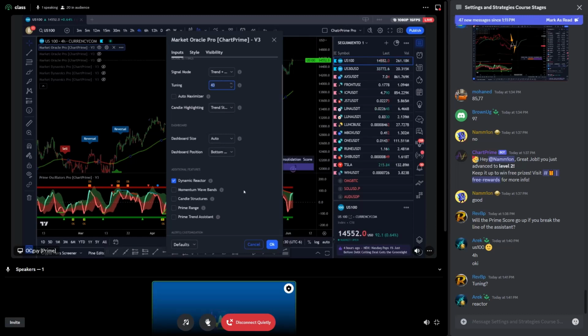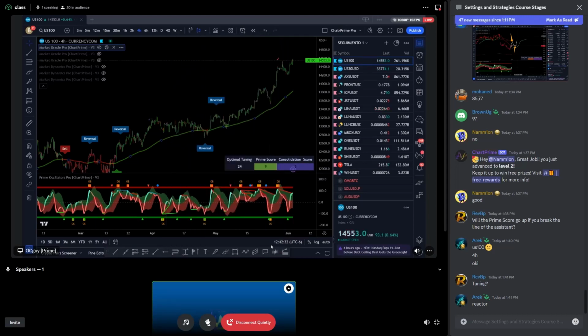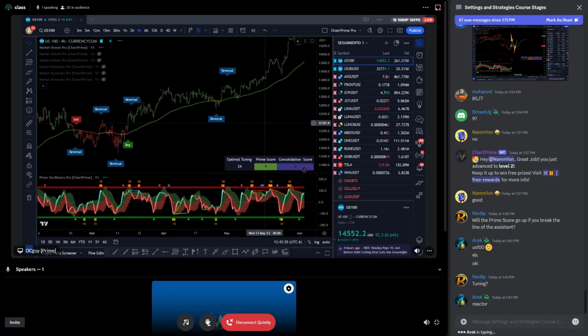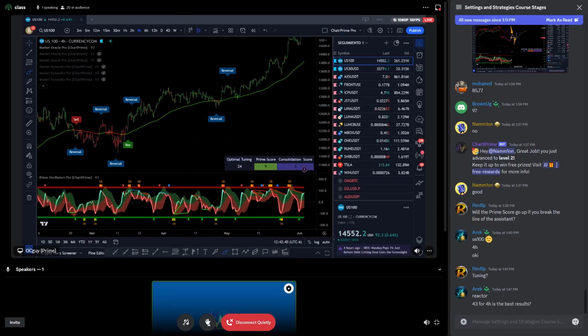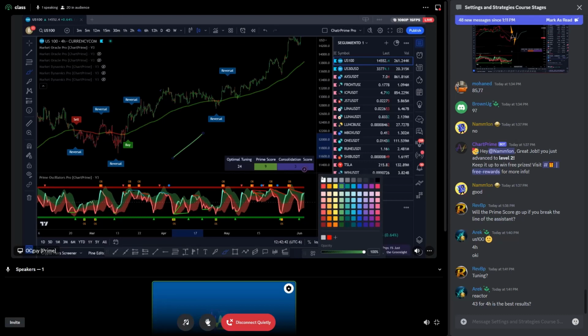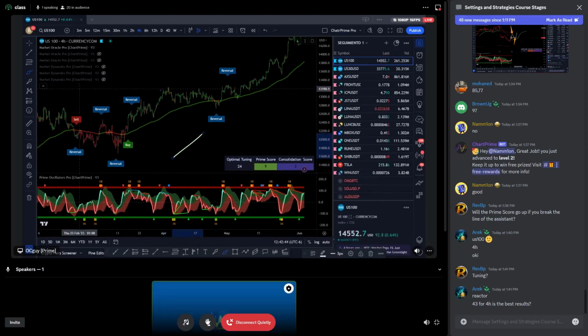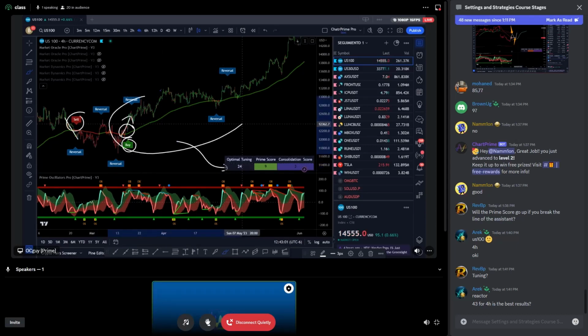So now there's one way to know if I like it the way it is. Based on my dynamic reactor, let me just change that color because that might be a little bit confusing. So let's do white in here, and that would be great. All right. So I want to pair my buy signals or my uptrend signals with the breakthrough of that dynamic reactor. And again, the sell signals with the breakthrough of my dynamic reactor. Remember, it will be different from this. Nevertheless, this works way better for me, as OC, right?